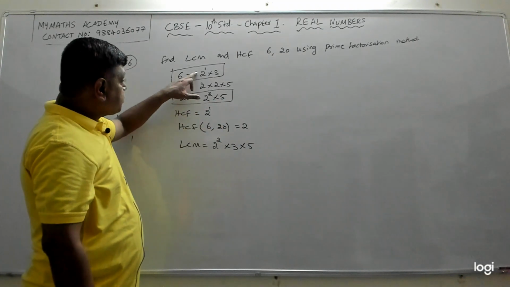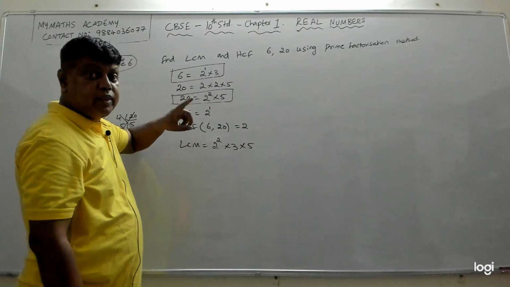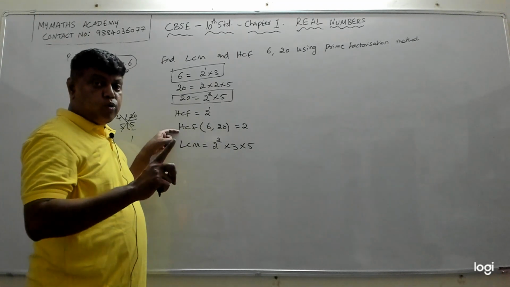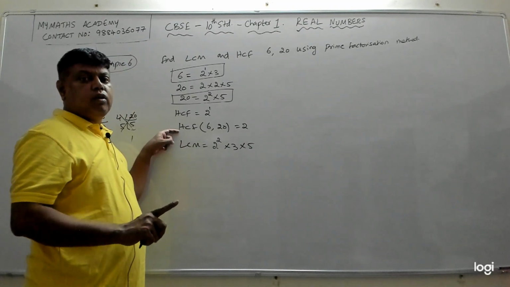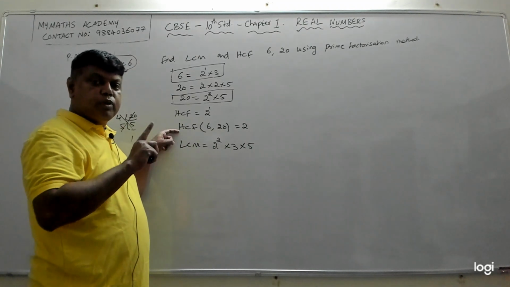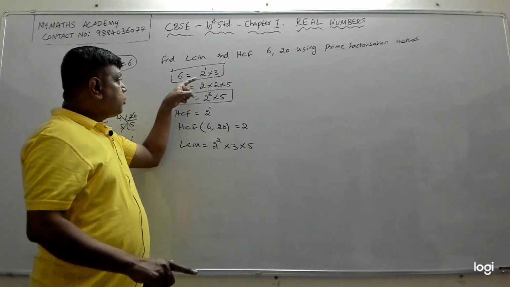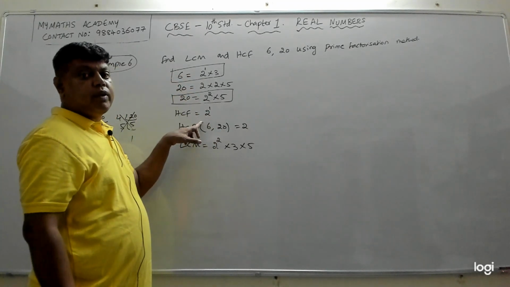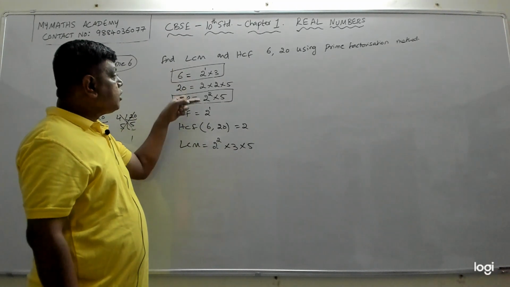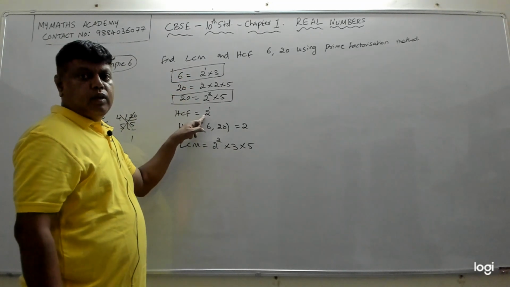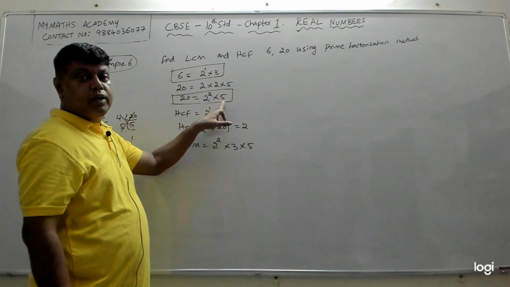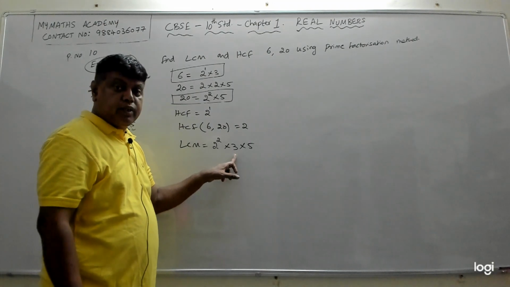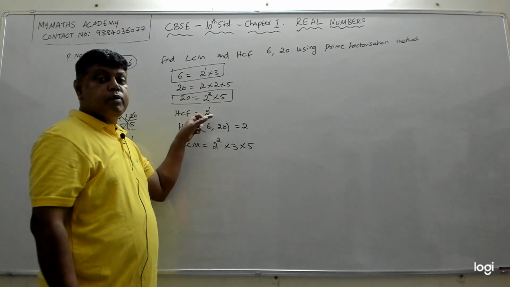But if you take 2, 2 is present in both. When it is present in both, you have to take the highest power for LCM. But for HCF, the first rule is the number should be present in both first of all. Only those numbers we will consider. Other numbers you don't have to write. So here 2 is present in both. Only we will focus on 2. Then in that you have to take the lowest power. So this is 2 power 2, this is 2 power 1. Which has the lowest power? 2 power 1. So then 3 is there, but 3 does not have any number here. So you should ignore it. You should not write 3 here. But in LCM you will write 3 and 5.